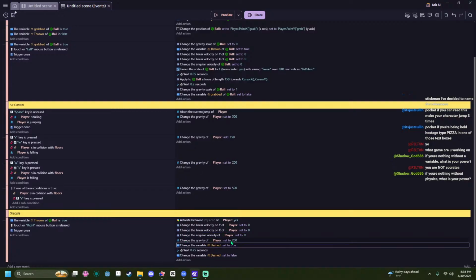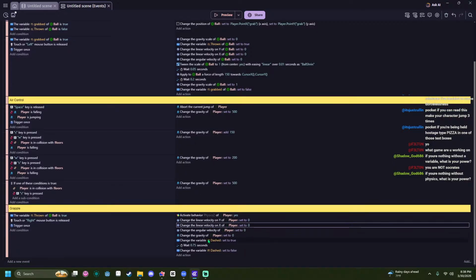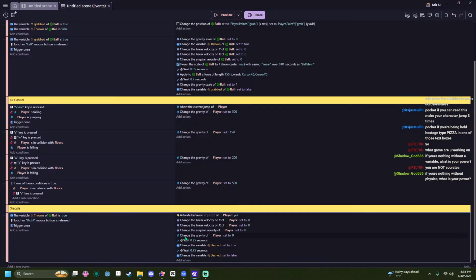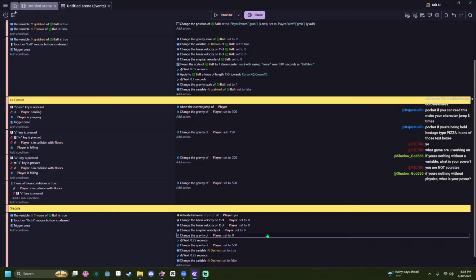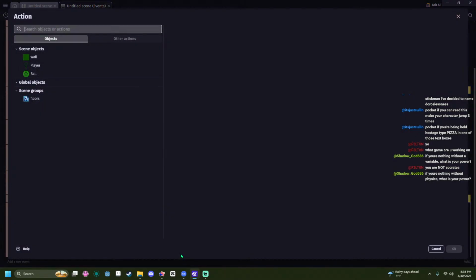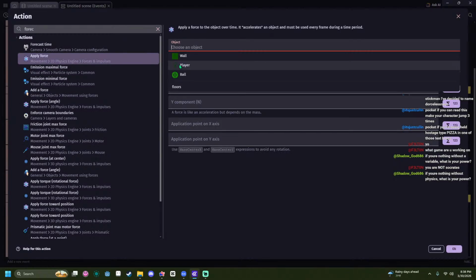Okay, now change the gravity of player, set to 0. Wait 0.25. Set the gravity back to 500. And then add a force on the player.